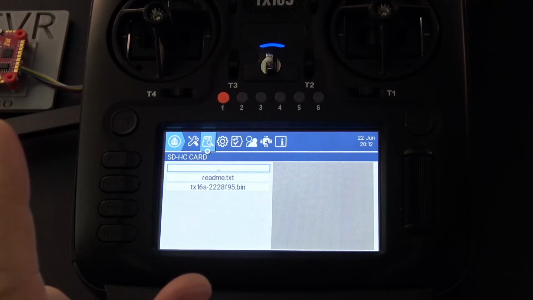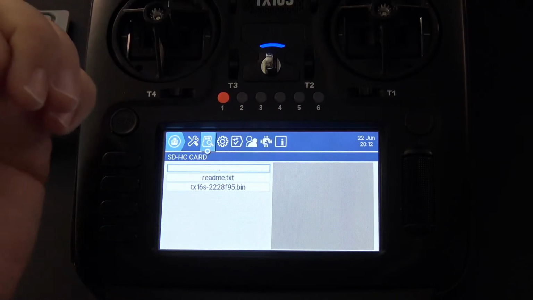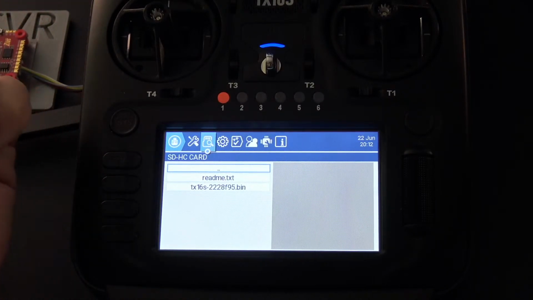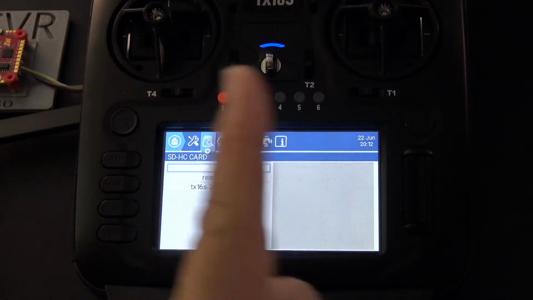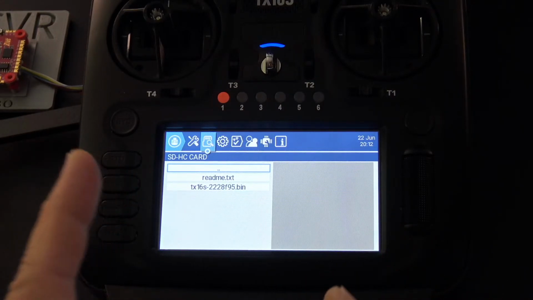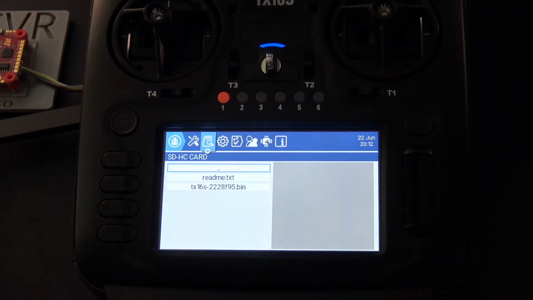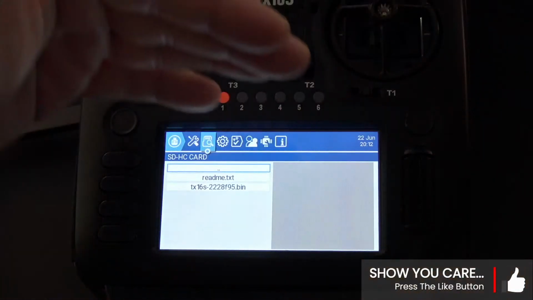The next thing I want to talk about are migration notes. Okay, these are some key things that you want to understand. I already mentioned it, but I'm going to emphasize it again because I really don't want people to be surprised about this. You cannot move your models back and forth between Edge and OpenTx. You can move them from OpenTx to Edge, but if you try and install OpenTx on top of this, OpenTx is not going to know what to make of those model files unless you restore them from your computer.